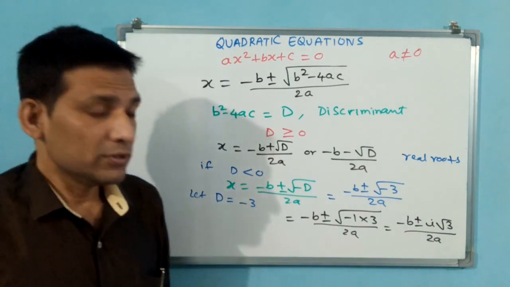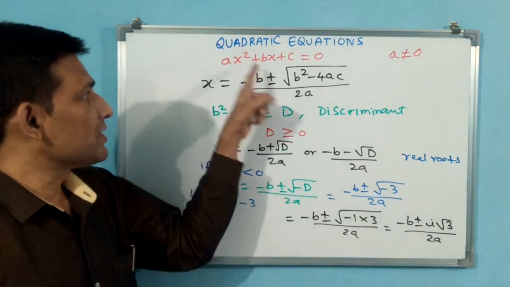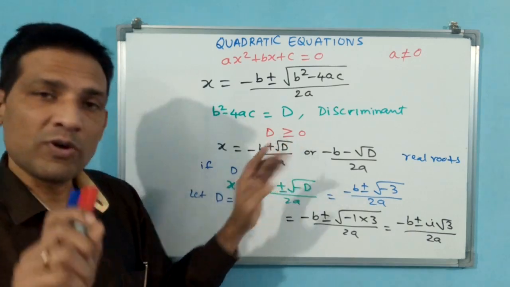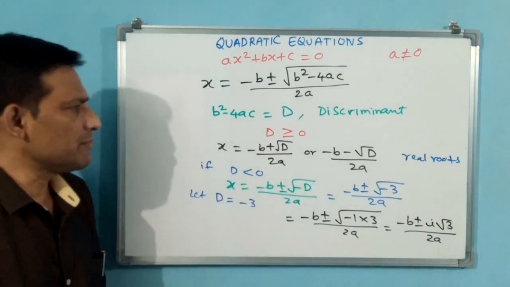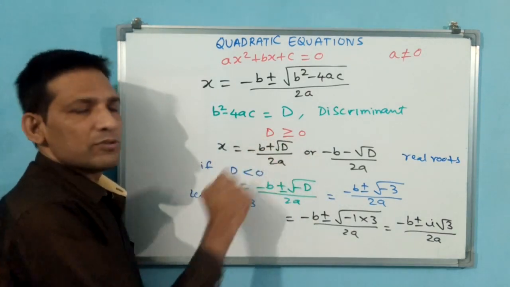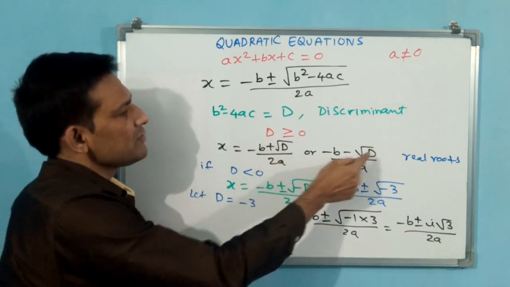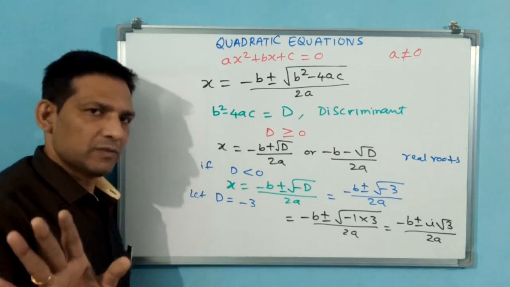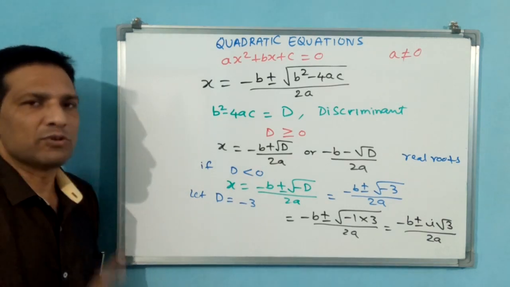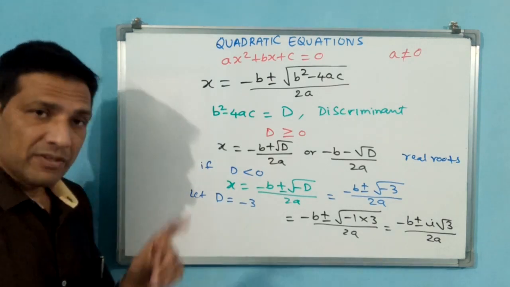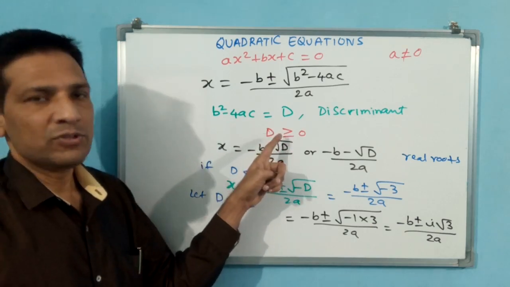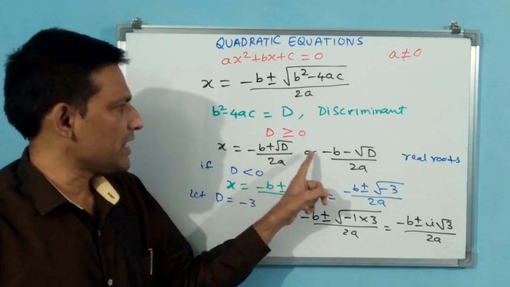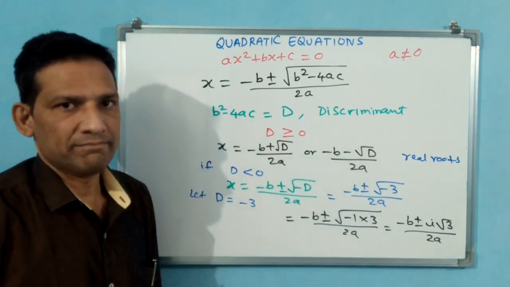That also gives two solutions. You see, in a quadratic equation, here also there are two solutions, even if D is greater than or equal to 0. See, when D is equal to 0 there are not two solutions, only one solution. Why? Because if D is equal to 0, then this whole part is going to become 0. Minus b by 2a, minus b by 2a, that's all. Equal to 0 means only one solution. But if it is greater than 0, then two solutions: minus b plus root D by 2a, minus b minus root D by 2a.